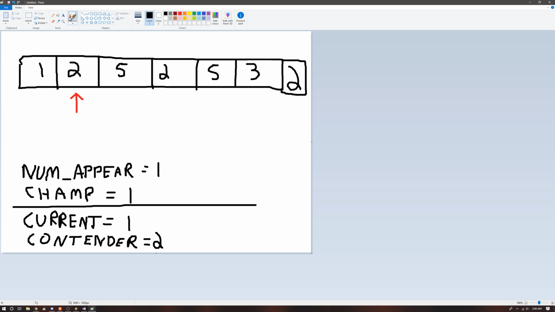And we say, is 5 the contender? No. Is 2 the contender? Yes. So then we plus this guy, and he will become showing up twice. Then we move along. Is 5 the contender? No. Is 3 the contender? No. Is 2 the contender? Yes. So we plus them. So now we have 3. And at the end of the loop, we'll say, hey, does this contender, who shows up 3 times,